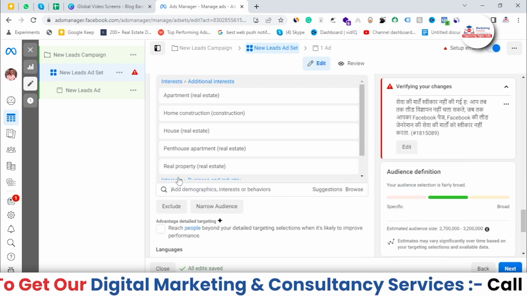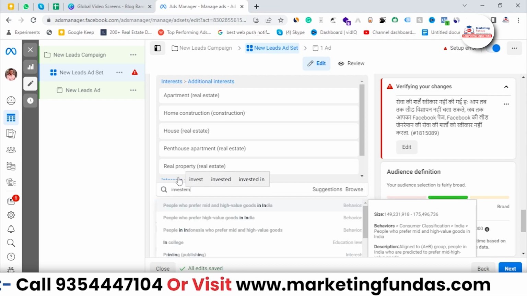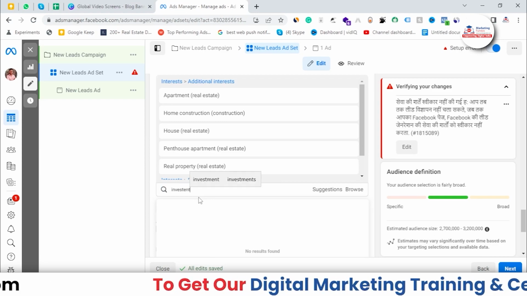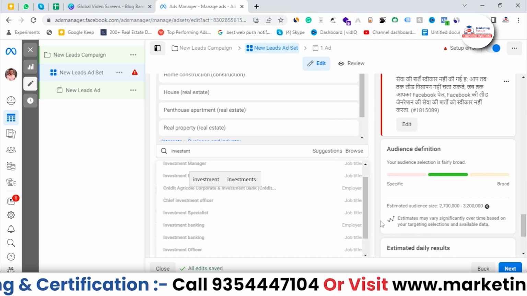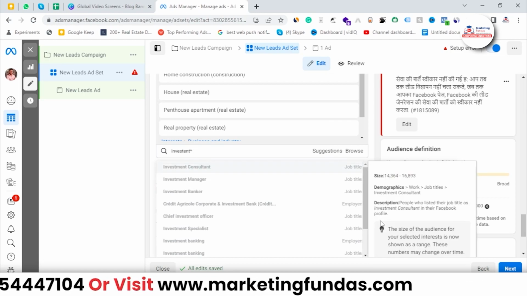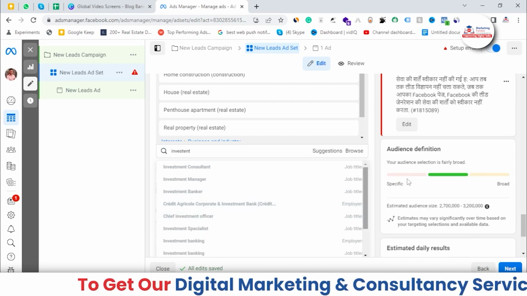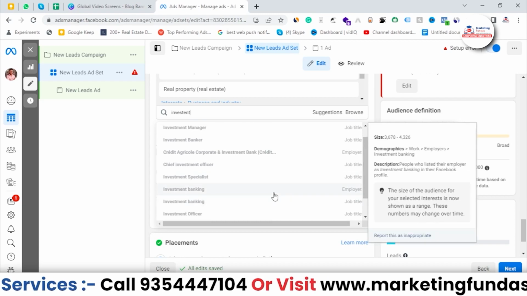After apartment you can search investment. People who are interested in investment also buy property, right? So you have to find out the basic interest, the real reason why people buy properties, right? And you can find out those reasons here and select those reasons as an